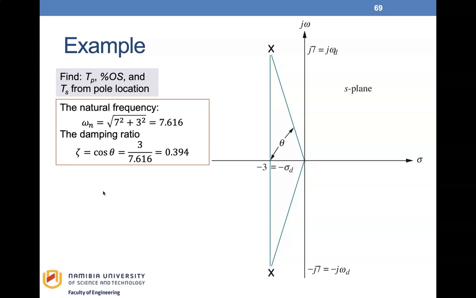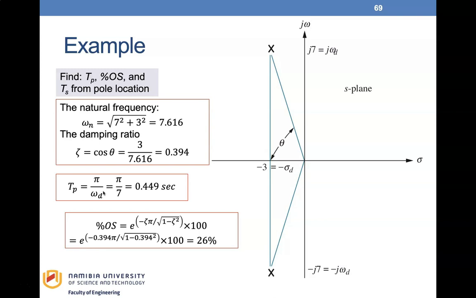From here, we will just apply the equations for the specifications to find the desired quantities. Therefore, the peak time is pi over omega subscript d, which gives us pi over 7. This gives us 0.449 seconds. And the percentage overshoot is given by this equation, e raised to the power minus zeta pi over the square root of 1 minus zeta squared. Substituting the value of zeta into this equation and multiplying everything by 100, we get